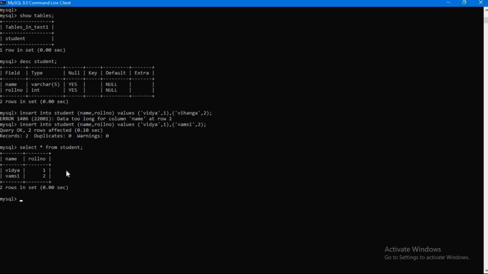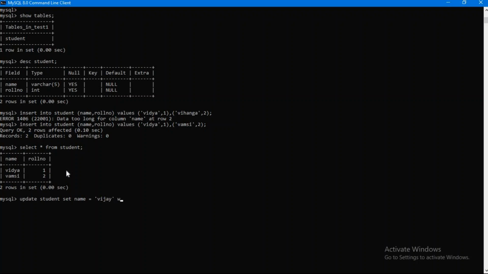So as discussed, for changing the value of the column 1 name Vidya to Vijay, you can use this command, that is update followed by table name, that is student, and then you need to use the keyword set, and then the name of the column which you are about to change, name, to the preferred name that you want to change, Vijay.